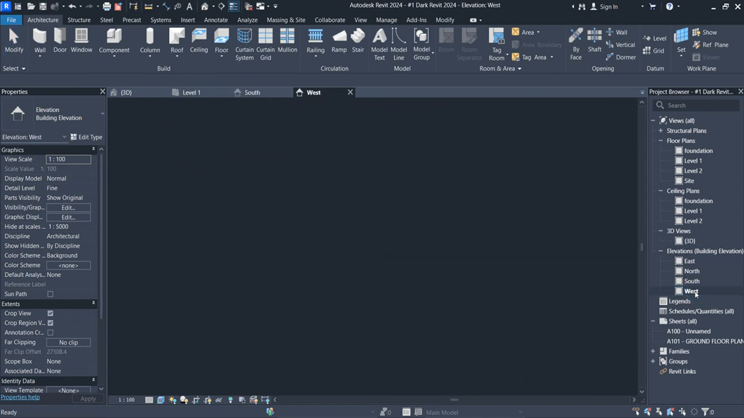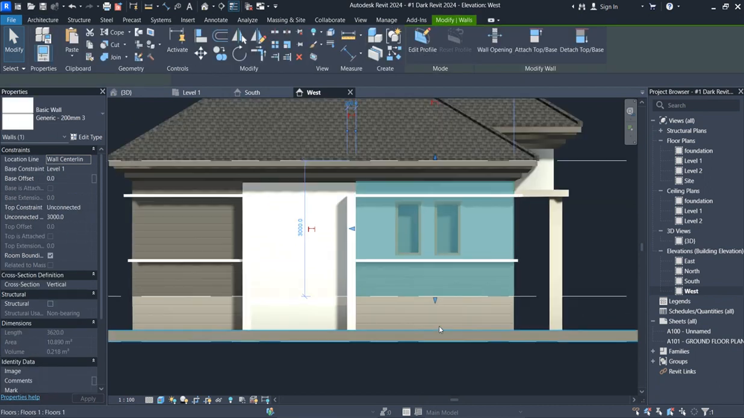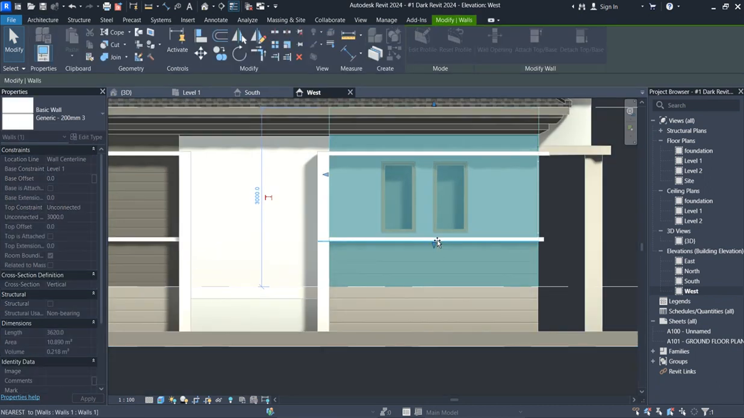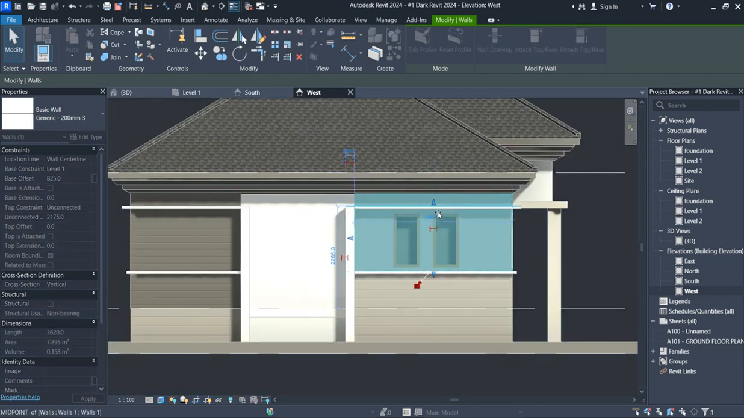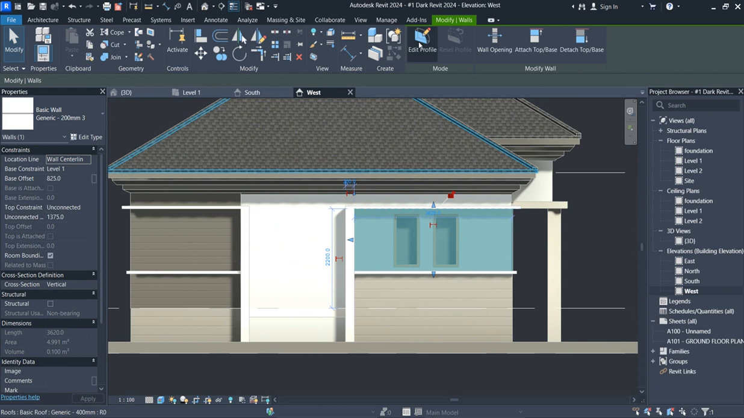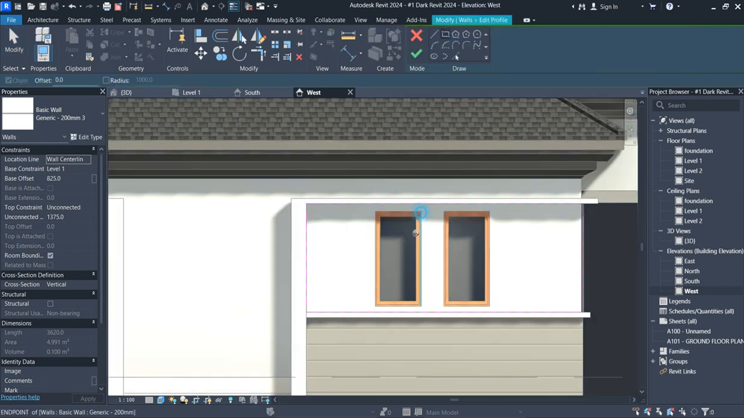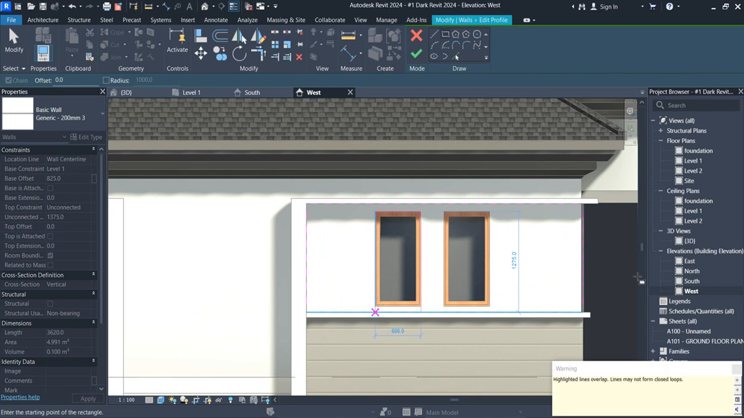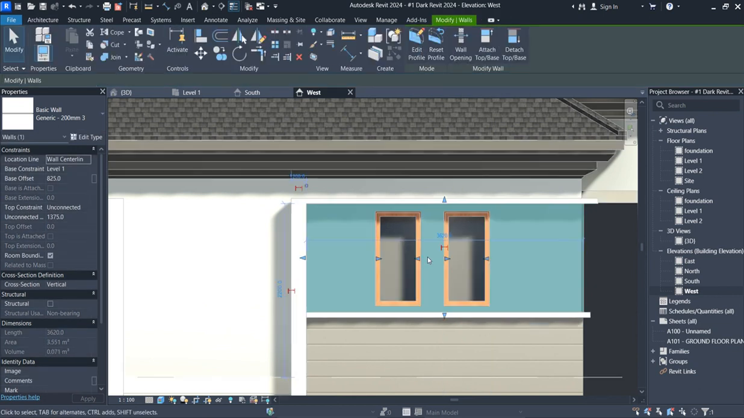So you go to west, do the same thing here, drag it up, drag it down, then edit the profile. Do the same thing the way you did it here. Ctrl C. So you did it here, you drag it again. So you click finish,